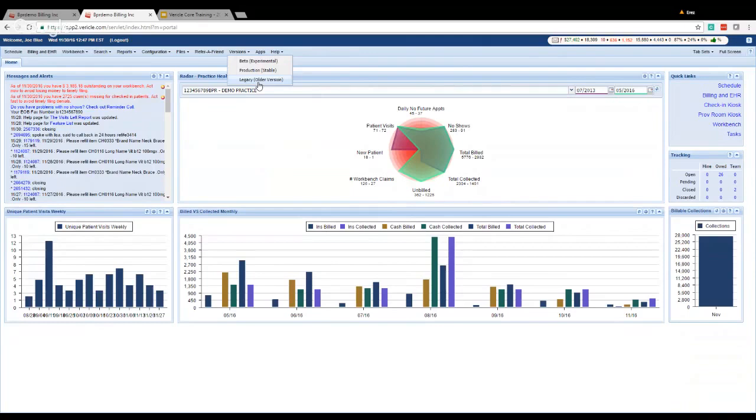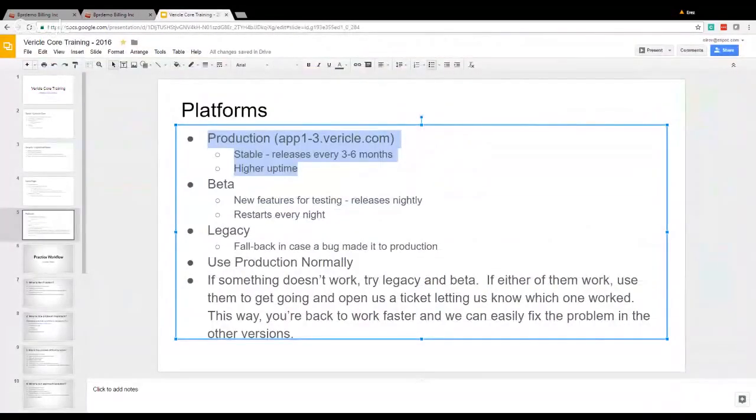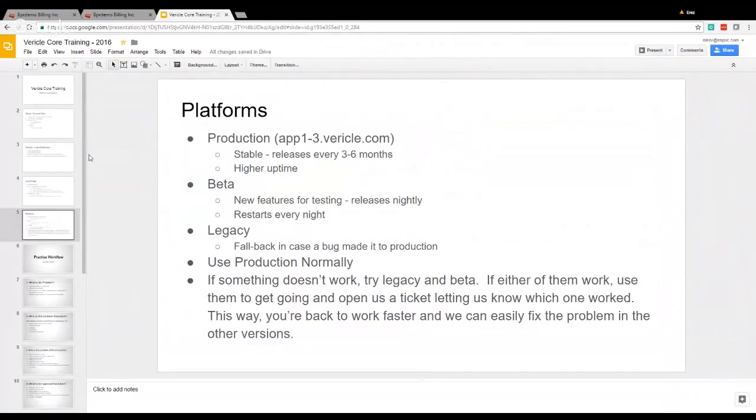Okay, so that is multi-versioning. And that basically covers all the aspects, the core training, the common concepts behind the platform. So I think at this point,